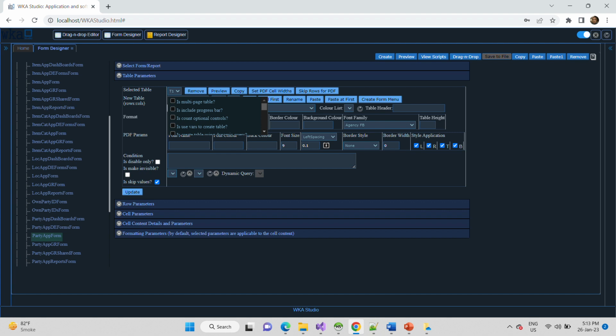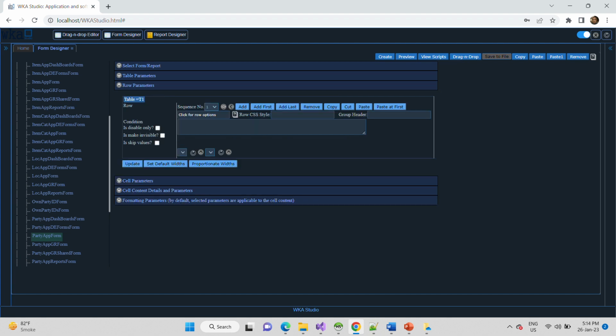So for every table generated, there can be parameters set. Similarly, row parameters can be set. And again, for every table cell, there can be conditions specified for when that is to be displayed or not, made visible or not. And they can use all the variables which are used in